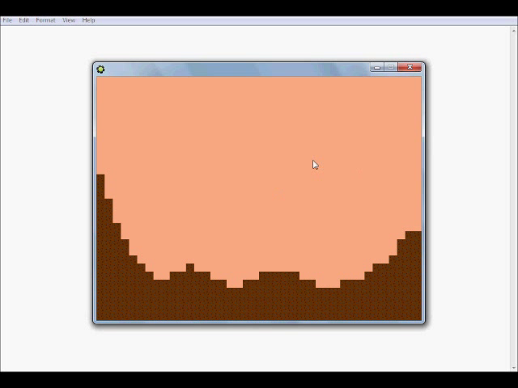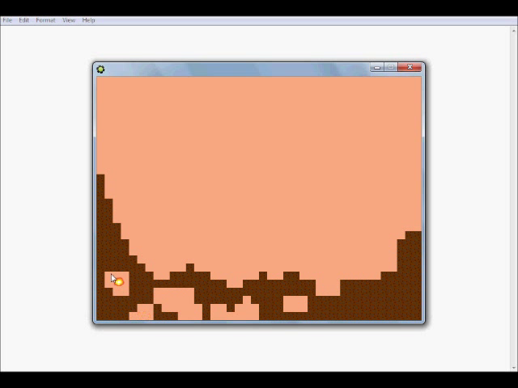So, what you guys are seeing right now is the preview window of the end result of this tutorial. You'll notice if we left click anywhere on the screen, we get these awesome little bombs, and they drop, they have their little explosion animation, and when they explode, you get different explosion sizes. You see right here, we got this big square kind of explosion, and over here we have these littler explosions going on in the terrain, and if we click within the terrain itself, we get various shapes and sizes of explosions,